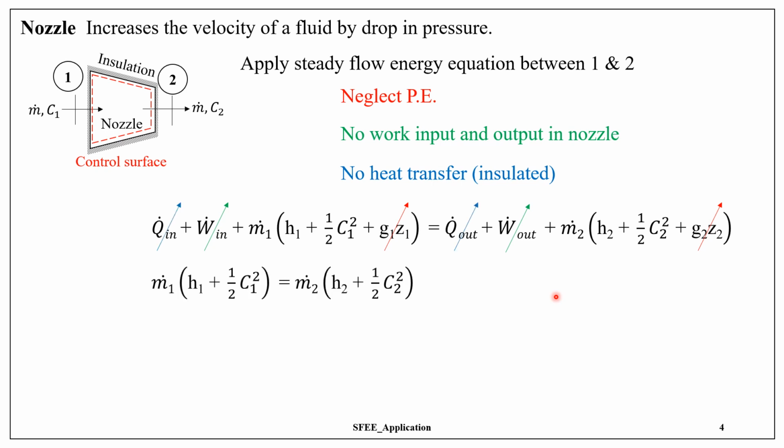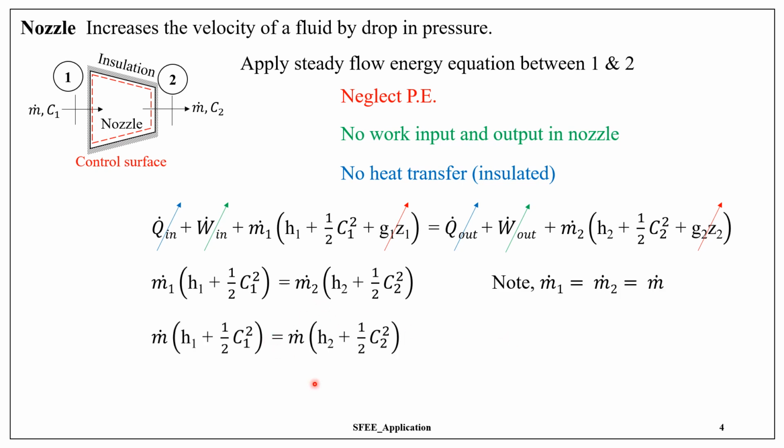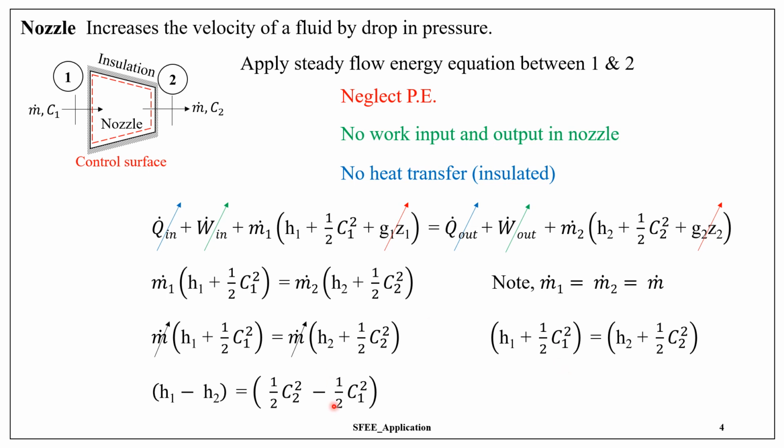So what is left out is, and m1 dot, m2 dot are equal. Therefore, we can write like this. So this equation can be rearranged like this. This again can be rearranged like this. What is our aim? Our aim is to find out c2, what is the increase in velocity,